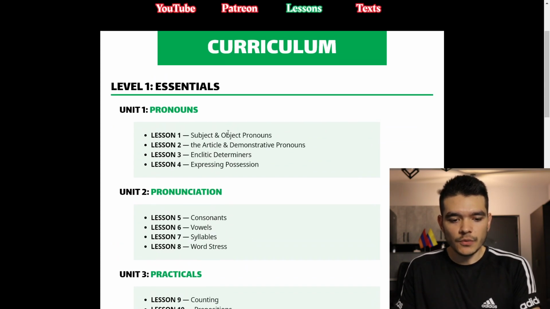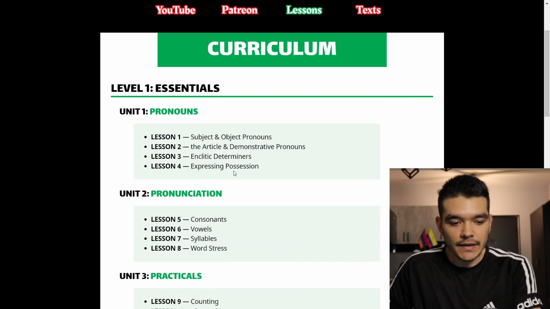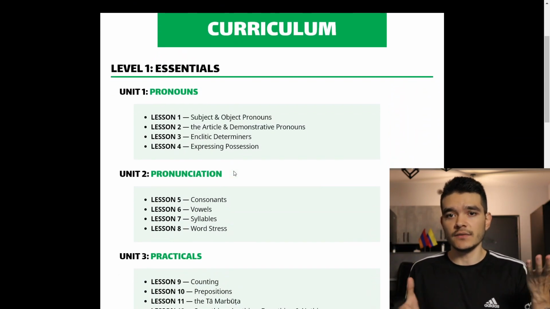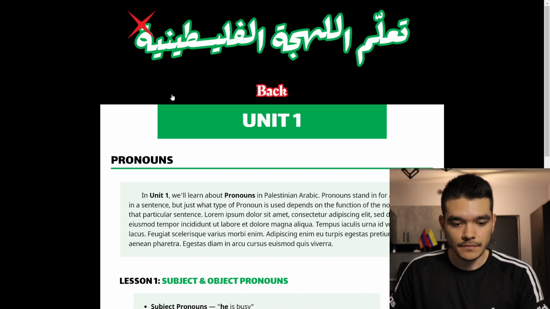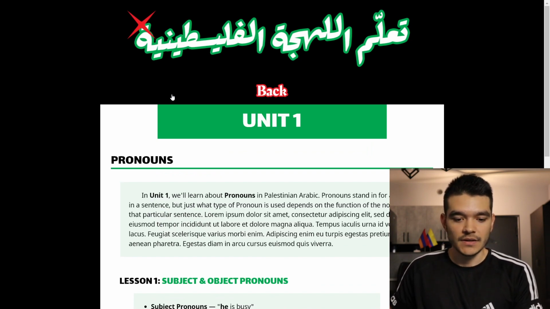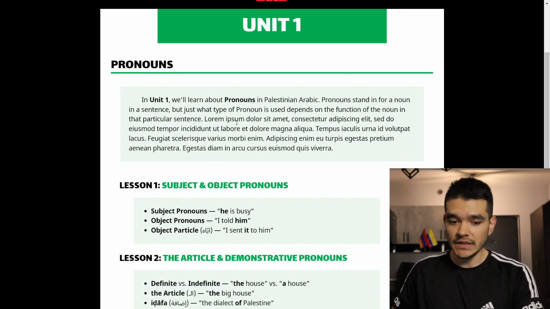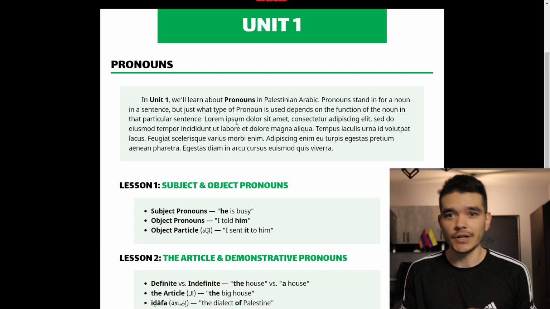So now what can you actually do with this? The idea is that you can first take a look at this basic curriculum. This is like a table of contents of a textbook. And then you can go to each unit and click, and boom, unit 1. Of course, there's a lot of placeholder text, mind you. I'm literally working on this as we speak. Before I record this video, I was working on it. After I record this video, I'm going to keep working on it.